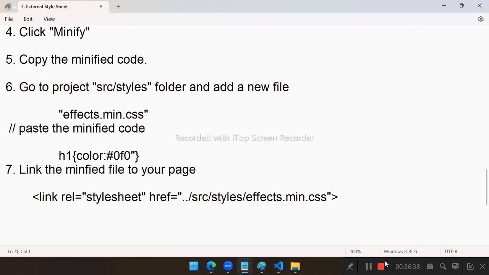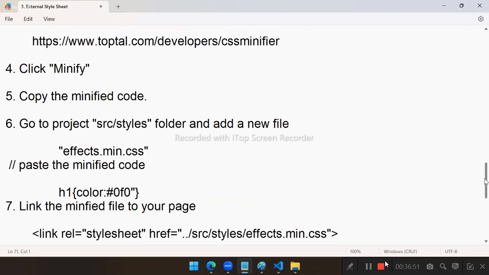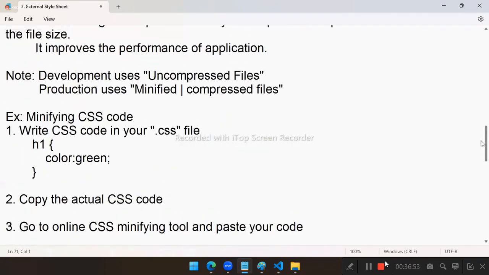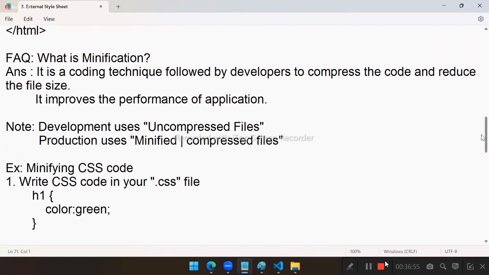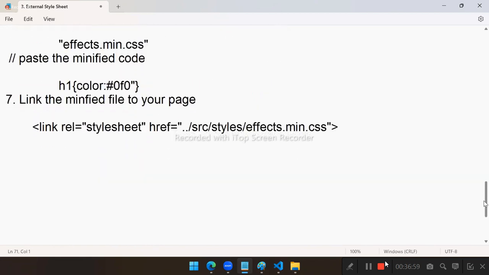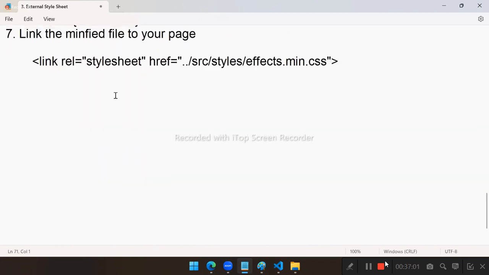For that, we need to install some tools. With that, we can do it. So that means we don't need to go online. Directly, we can do the minification using some tools, right? Yeah. This is one important thing about minification. While learning JavaScript or CSS, you should know minification. Another important question is,